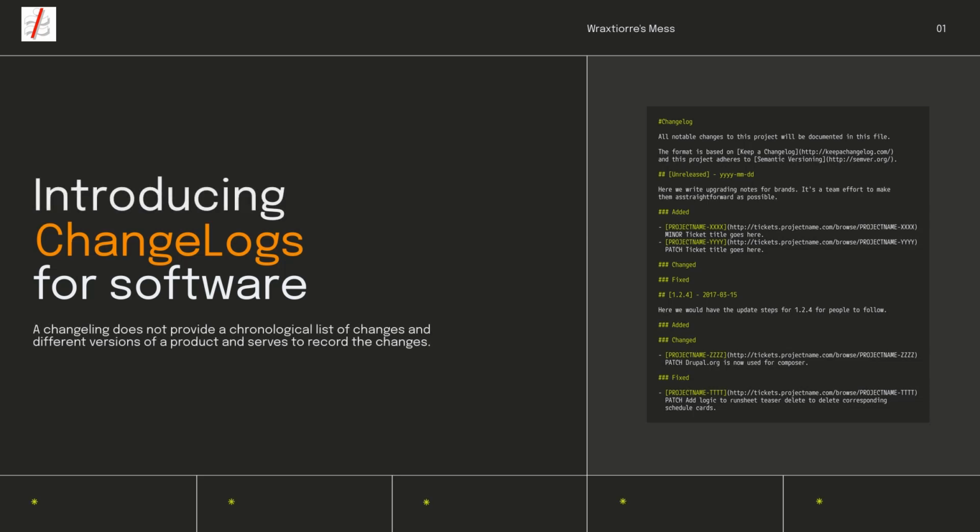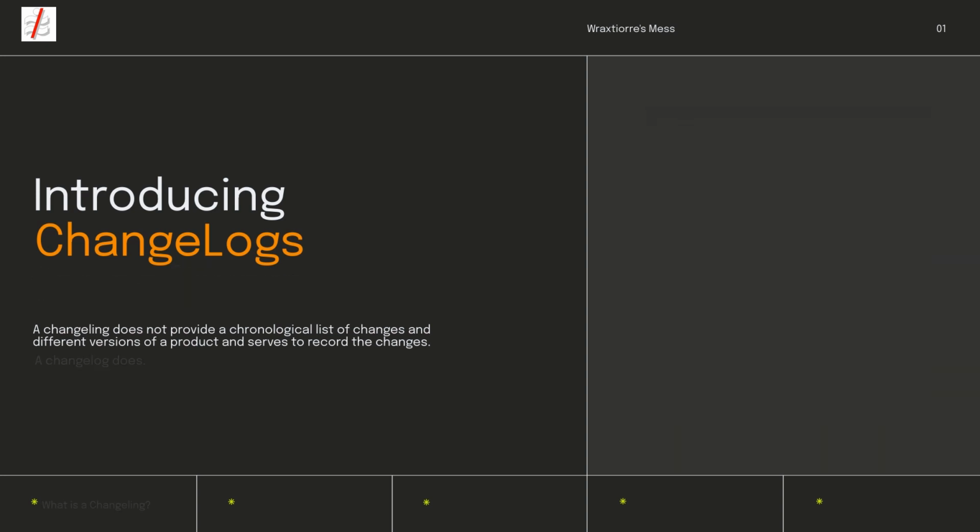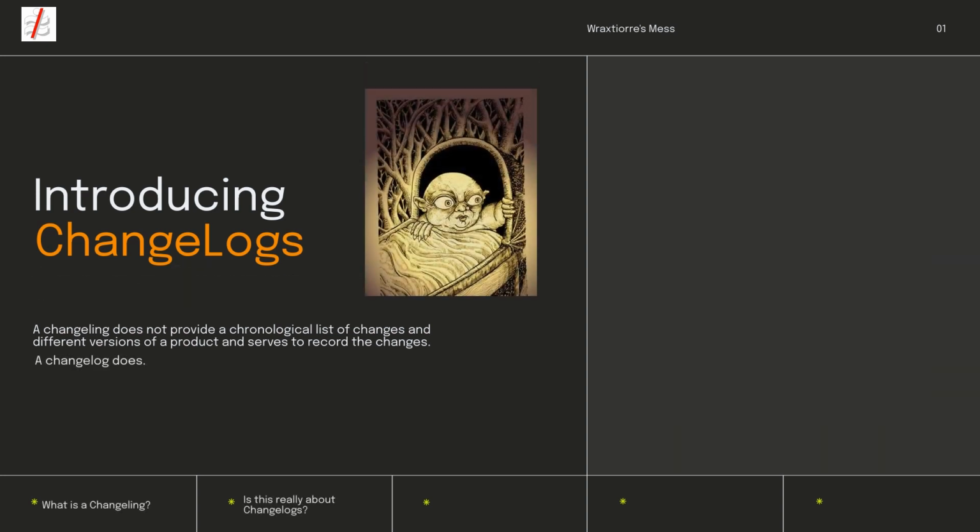A changelog is a record of all the changes that have been made to a software program and has been released and updated, sometimes several times in its lifetime. The changeling is a substitute left behind by a supernatural being when a child has been kidnapped or stolen. Changelings are often constructed from wood, while changelogs often originate from comments inserted into a program's code when a software update has been implemented. Changelings were also historically referred to as oaf sometimes.